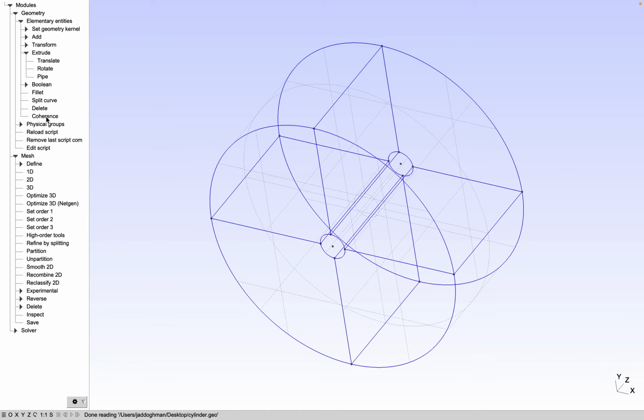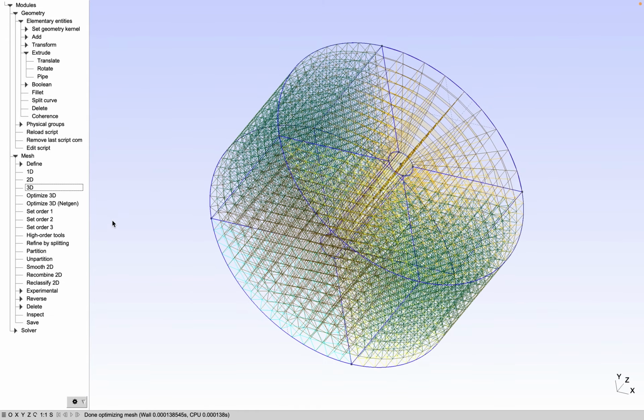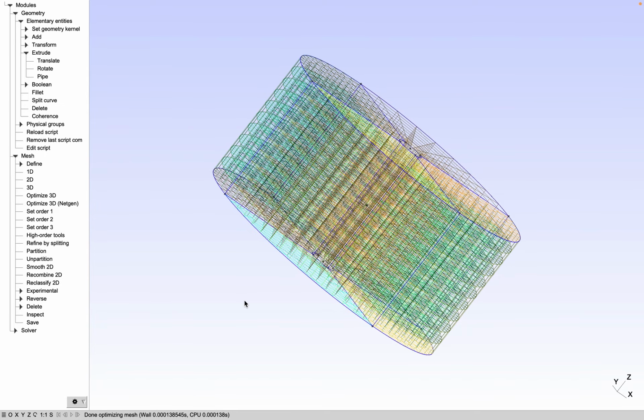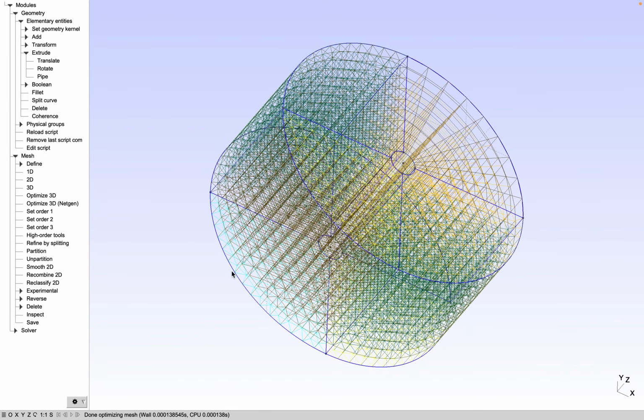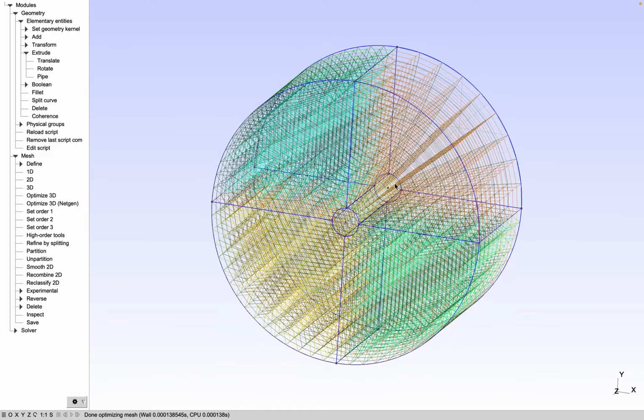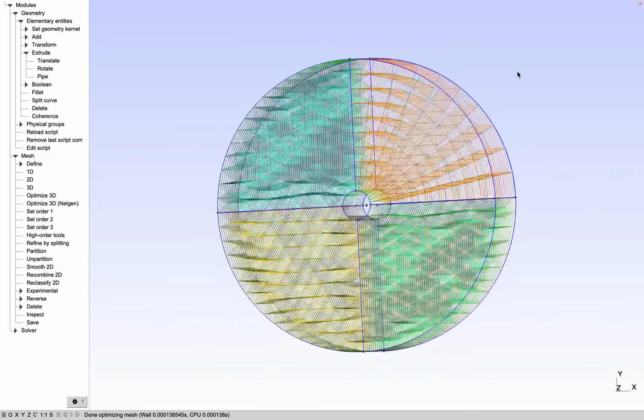Of course, we need to reload first and then 3D. And as you see here, we got 10 layers. They are not so apparent, but we can count them 1, 2, 3, 4, and so on to get to 10 layers, and we maintain the same type of meshes. Alright,